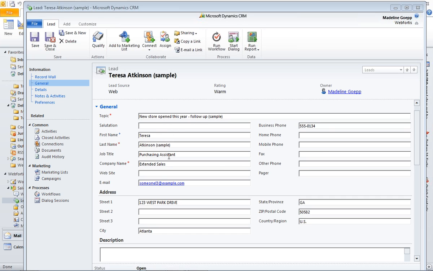So we have the topic, last name, company name, business phone number, basically really basic company information. At this point, we're going to be working with Teresa for a while. We've had some conversations with her. We decided that we want to do business with her, and we want to turn her into an account and